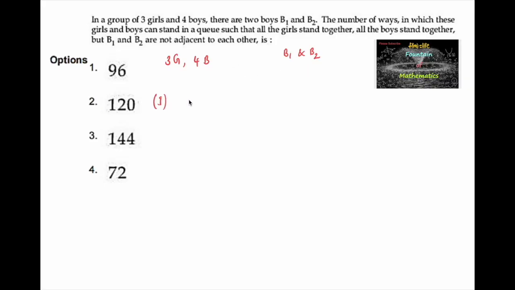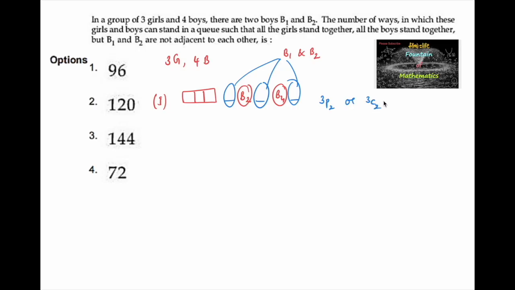The first case, all the 3 girls are here, followed by the boys, in which B1 and B2 are not adjacent. So let us mark first the other 2 boys, that is B3 and B4, having a gap in between them, so that we can see there are 1, 2, 3 gaps. So in these 3 gaps, these 2 boys can be placed in 3P2 ways,